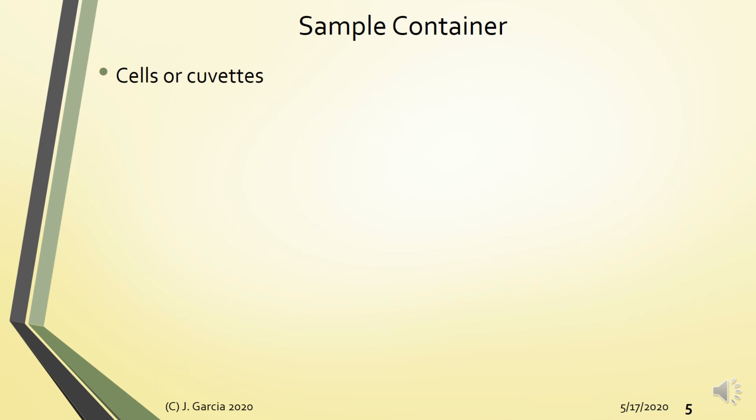So examples of sample containers, you're familiar with this. You have your cells or cuvettes. These cuvettes are available in different shapes and sizes. As I mentioned earlier, for example in UV spectroscopy, the diameter of your cuvette determines the b term in your Beer-Lambert's law. So if you're analyzing dilute samples that you can no longer pre-concentrate, then one technique is